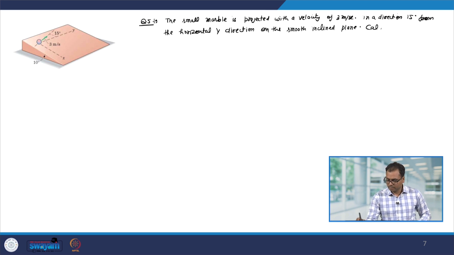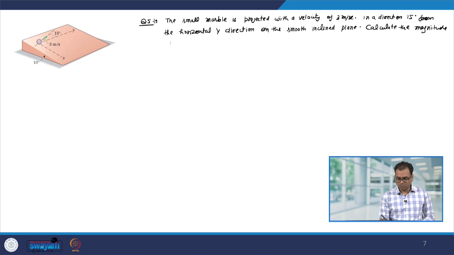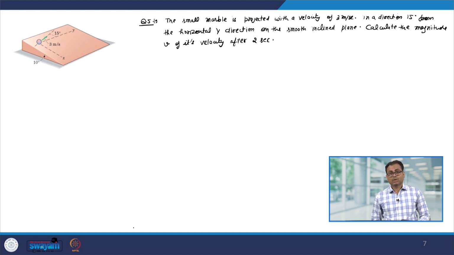Calculate the magnitude v of its velocity after 2 seconds. To find the velocity of the marble, we can use the impulse momentum equation,